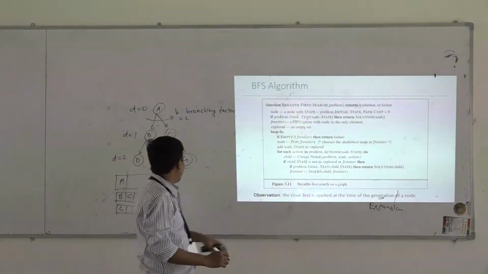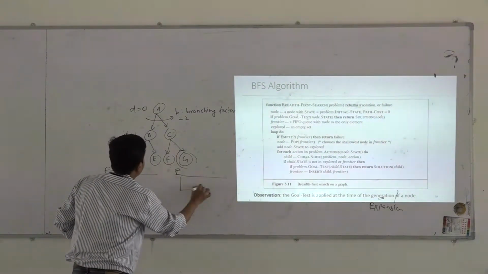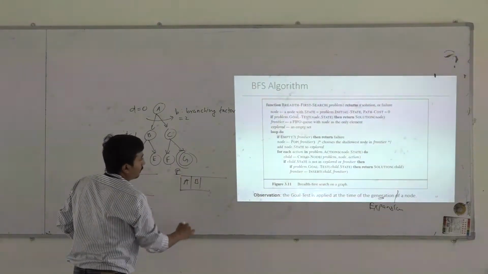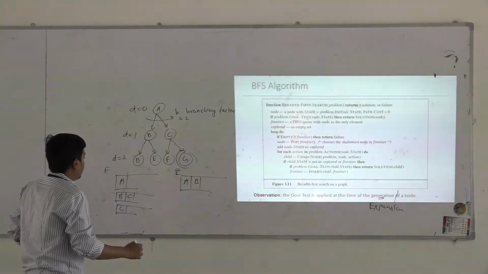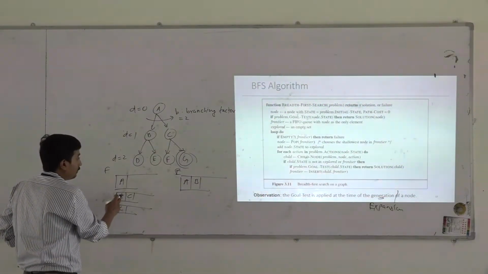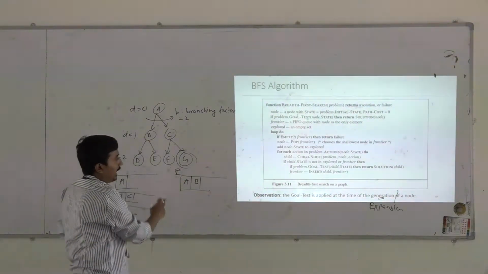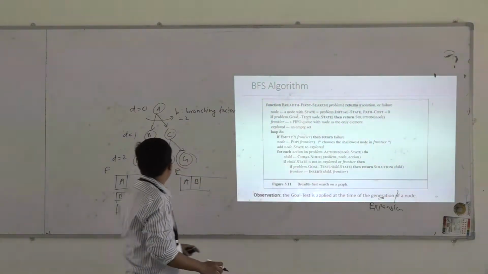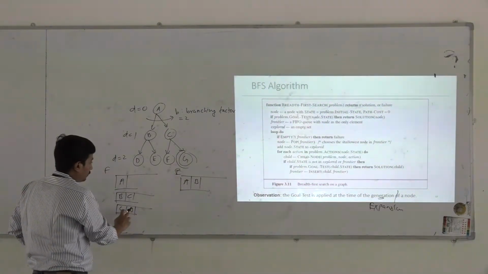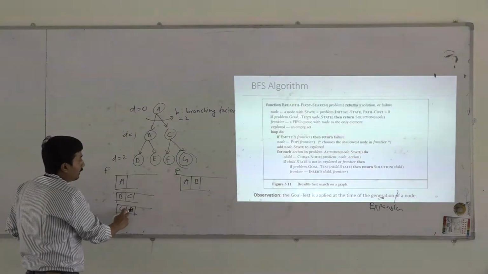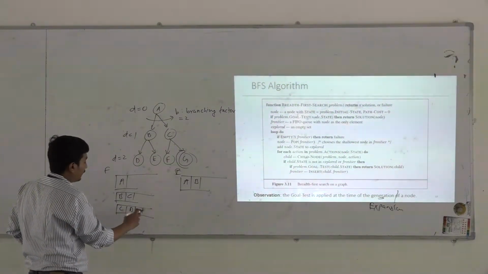Then it is added to the explored set. So this is our frontier and explored set. Initially A is explored, then B is explored. B was removed and B is not a goal state, so we apply actions on that state. Now D is generated. D is not a goal state, so it is inserted in the queue. Then E is generated. E is not a goal, so it is inserted in the frontier.